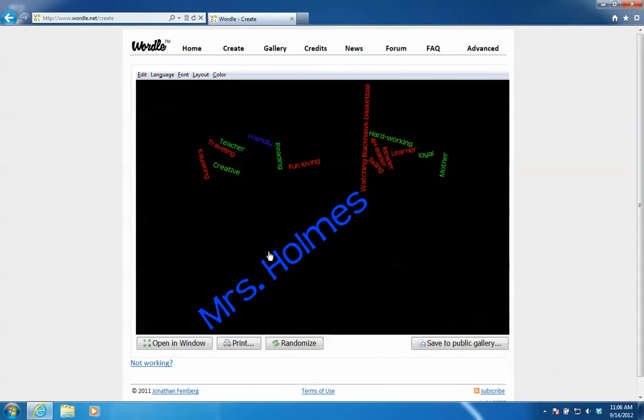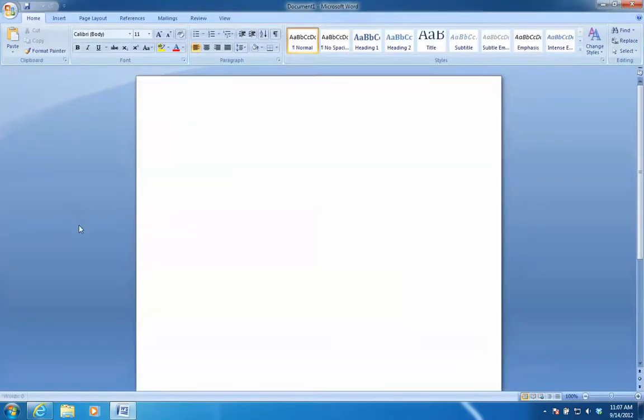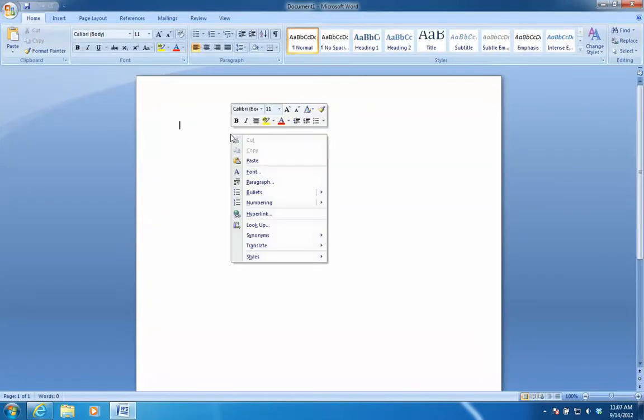Once you find a word art that you like, then you're going to use another new button on your keyboard. This is the Shift Print Screen button. Once you have pressed that button, it really doesn't seem like it's doing anything, but it's capturing what's on your screen at that moment. We'll then go back into Microsoft Word in a blank document, right-click with our mouse, and